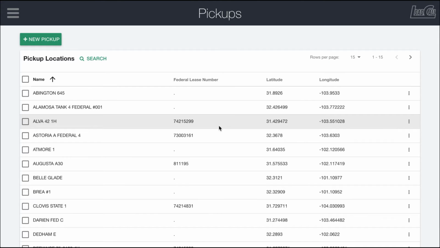Pickup locations are the physical locations where drivers will go to start their loads. An important part of pickup locations is having GPS coordinates or an address so that it's easy to find, as well as information about the site specifically. So we're going to go ahead and create a new pickup by clicking on this green new pickup button up